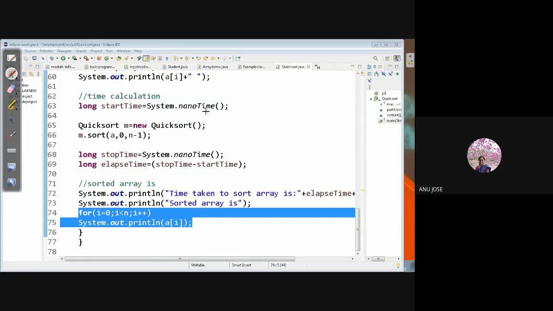You can draw a graph like this. The n value will be on the x-axis and the elapsed time will be printed over here, as you can see. When the n value was 100, what was the time? You can mark it. When n was 200, mark the elapsed time. When n was 500, mark the value you got. You can draw it as a graph.